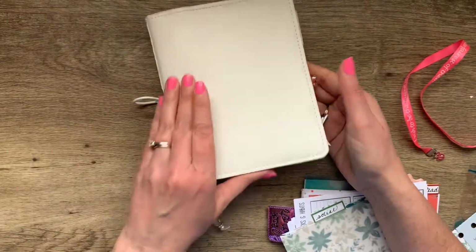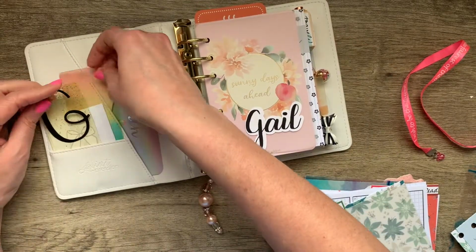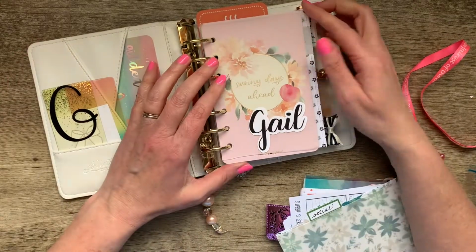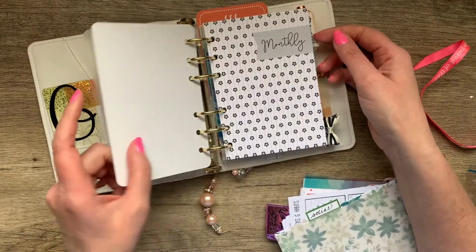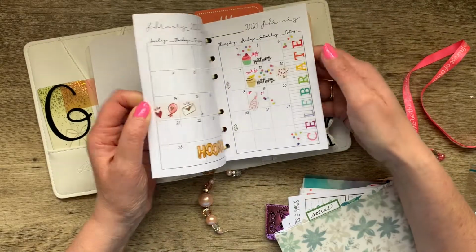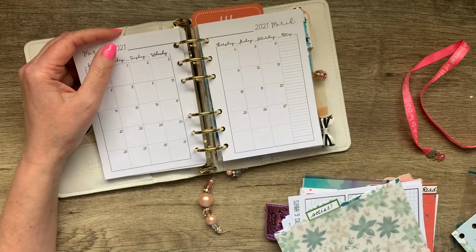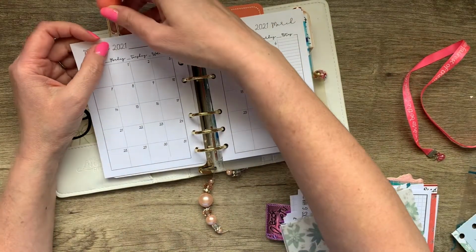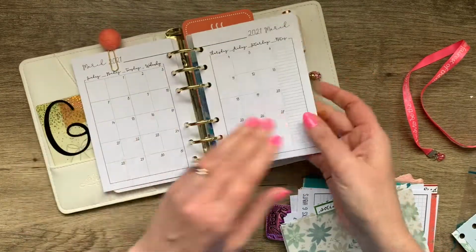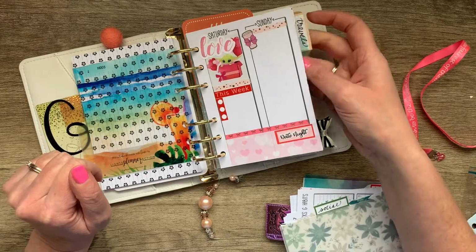It's definitely not as chunky. I like sunny days ahead. I'm really happy with that. The monthly. I could put something here. And then I would automatically flip to the day. And then